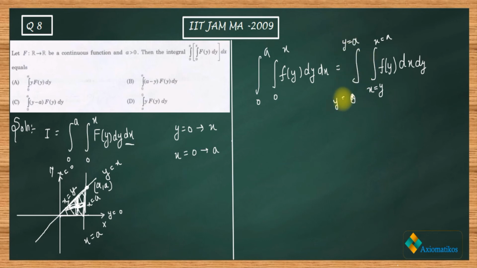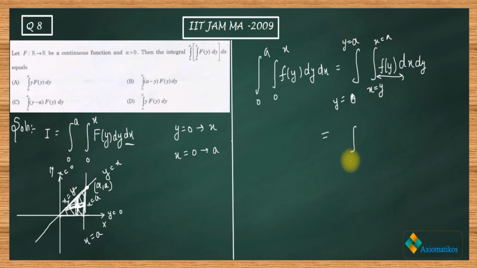I hope you know the double integration thing. It's easy to put limits, so I'm not going to tell you how I'm putting these limits. That's a basic thing. Now in the integrand part, we don't have a factor of x. So directly we can integrate.